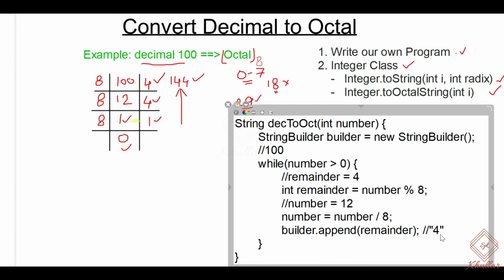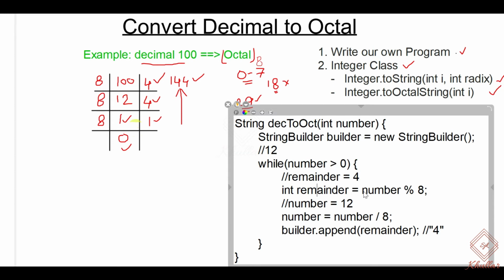Now after the first iteration, we'll again go to the while loop. The number we have seen has now become 12, so let's make it 12 in this case. Now again we check if the number is greater than 0. Yeah, it is greater than 0. So then we perform